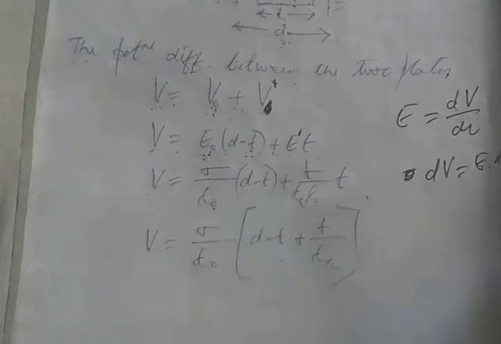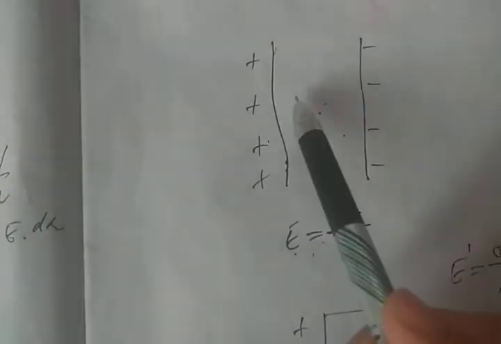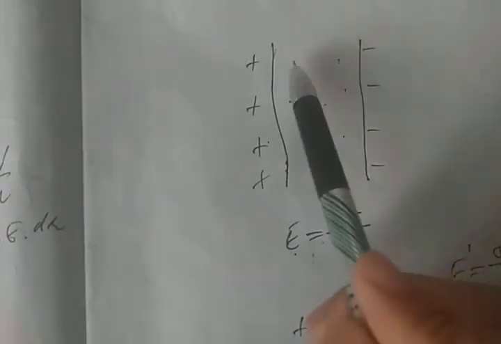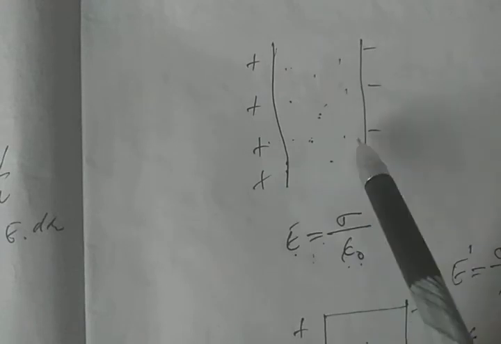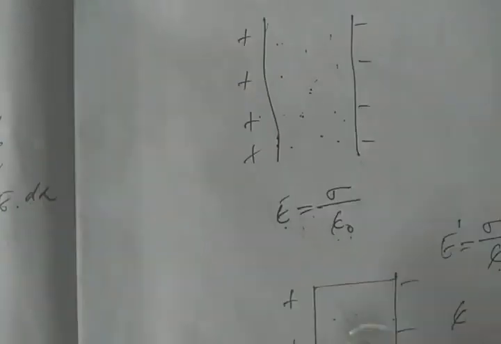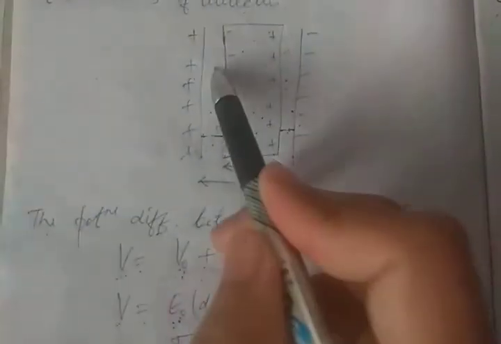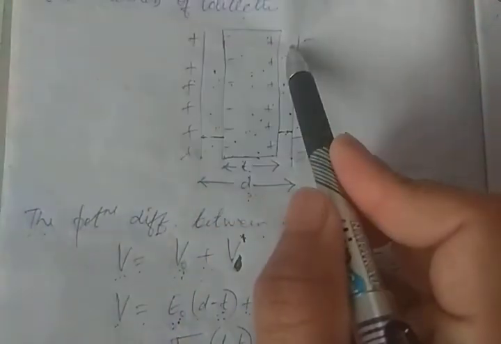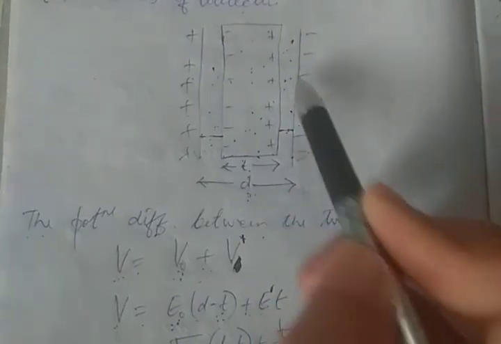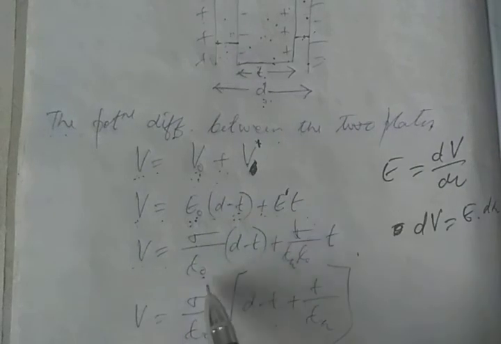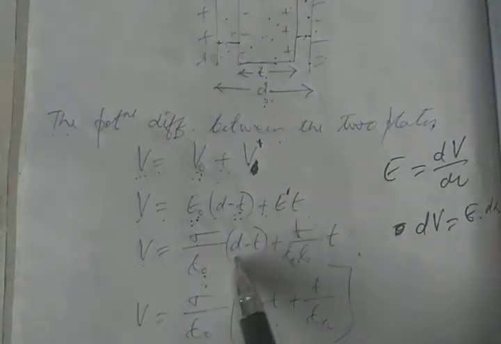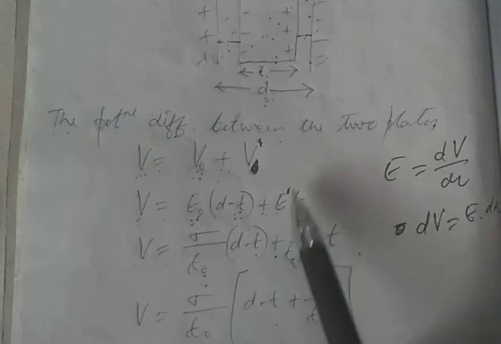Or V is equal to, now what is E0? E0 is sigma by epsilon naught. Again, remember, at any point in between the two plates, if it is free space, the electric field is given by sigma by epsilon naught. The same thing is true over here. Since this is free space in between the two plates, the electric field anywhere in free space between the two plates is given by sigma by epsilon naught. So E0 is sigma by epsilon naught into D minus T, plus E dash will be